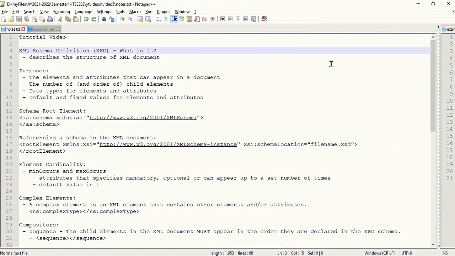And so what is an XML Schema Definition file or the XSD file? Basically, this describes the structure of an XML document. Its purpose is to identify which elements and attributes can appear in the XML document, the order of the elements that you can place in an XML document, the data types that you can use for each element or the attribute value as well,